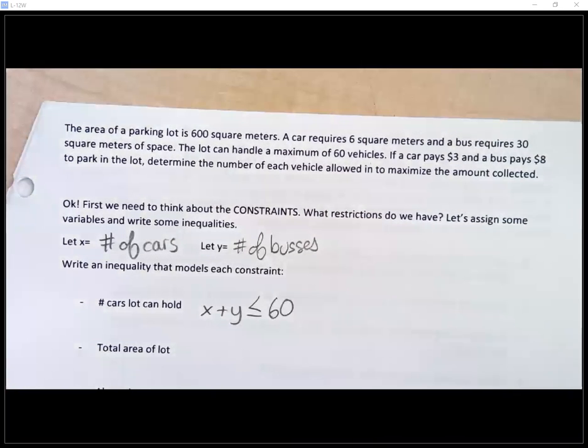Right? Because I'm only allowed a maximum of 60 vehicles on the premises for whatever reason. Okay? So does that make sense? Is that inequality all right? Okay, now,